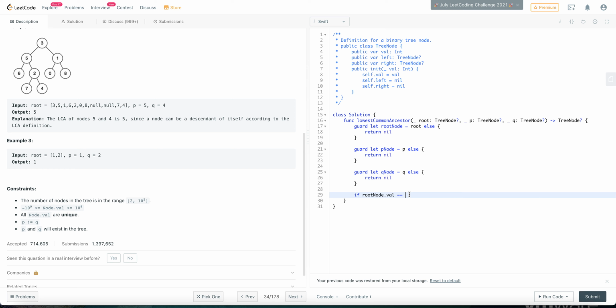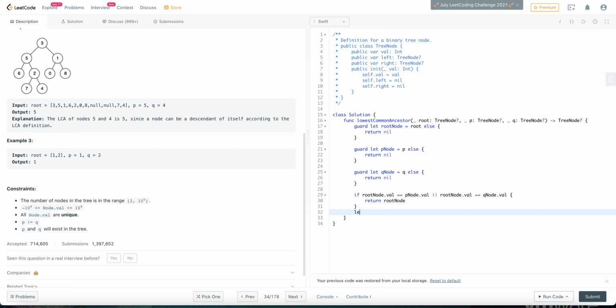So we can check with their value, pNode.val or rootNode.value is equal to qNode.value. In that case our root node will be their lowest common ancestor. So we'll return rootNode,